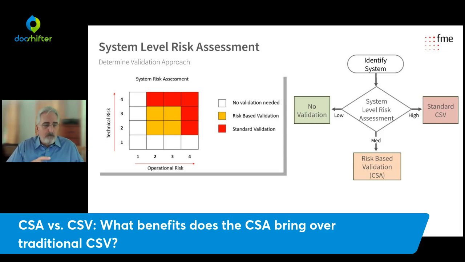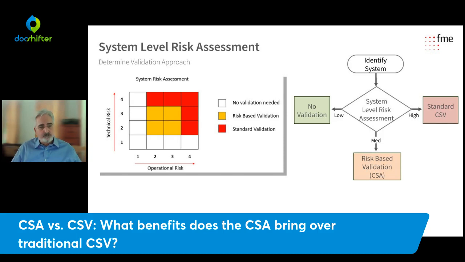Now we're looking at a moderate impact, like implementing QMS software. So let's say we're implementing Vault QMS software. That is a 3 on technical risk and a 3 on operational risk, and that falls squarely in the orange box. What does that mean? That means if you look there on the right in the legend, based on this system level assessment, we can do